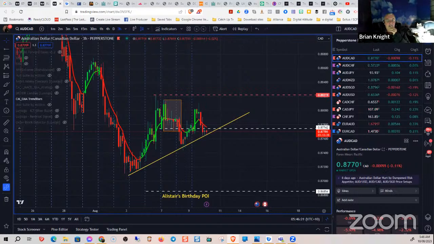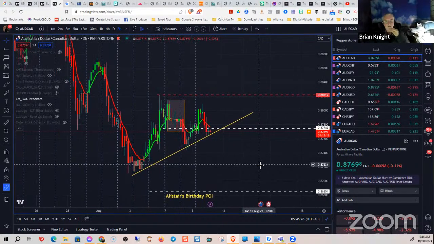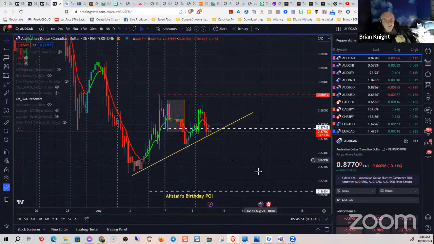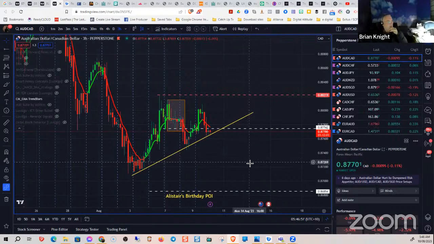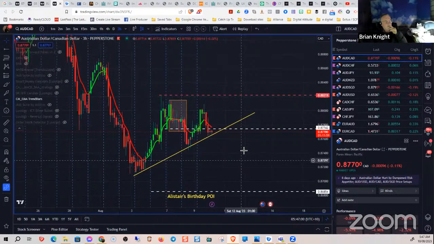What else have we got? It's interesting at the moment, every trade I'm in is in a sell direction. I don't know if you've noticed or not, but every one of them is in actual fact now a sell. Well, the UJ I've got as a sell, even though UJ has gone up, which in hindsight would have been good a couple of days ago, like on the Monday when market opens. I'm going to have to reevaluate some of the things I do on a Monday market for me, or Sunday for some of you. But that's the AUD CAD.